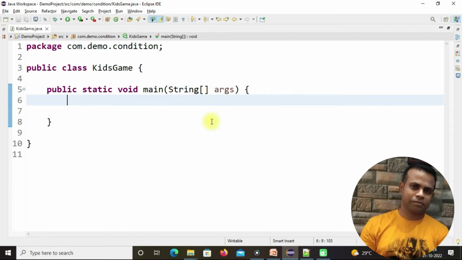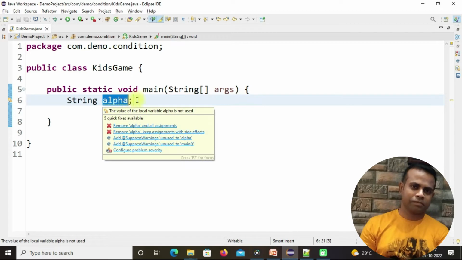So first we have to create an input variable and that should be a string variable so that we can collect the value like A, B, C, D, E from the user. So first create a string variable, let's say the variable name is alpha, where we want to collect the A to E value. This represents an alphabet, okay?